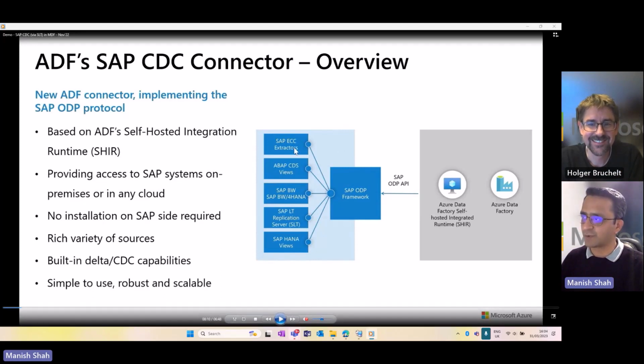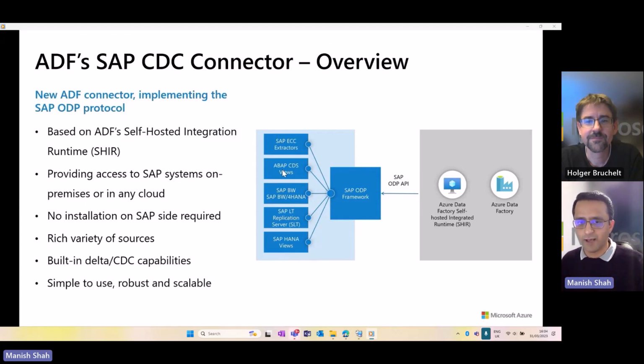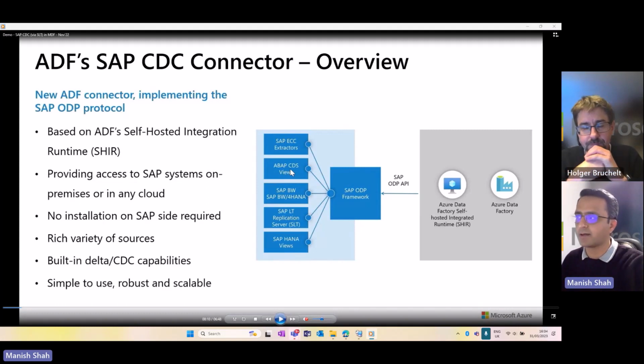As you can see there, it exposes SAP ECC extractors and ABAP CDS views. If you are on S4HANA or BW4HANA, they have a ton of out-of-the-box CDC views, and those are your logical objects. If your data was exposed via CDS views, that can be connected to. You can connect to BW, HANA views, or you can connect to SLT. So that being the topic of today, we'll just